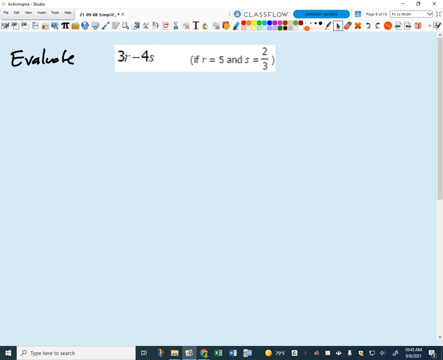Substitute. We're just plug and chug, right? We're just going to plug those numbers in for the variables, and then we're just going to chug through the math and see what we got, okay? So we end up with, if r is 5,